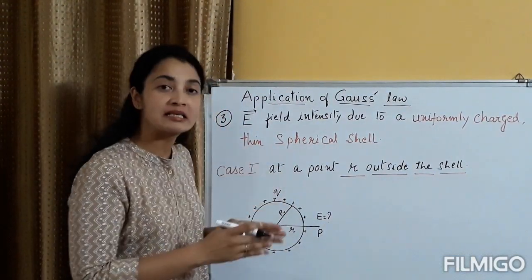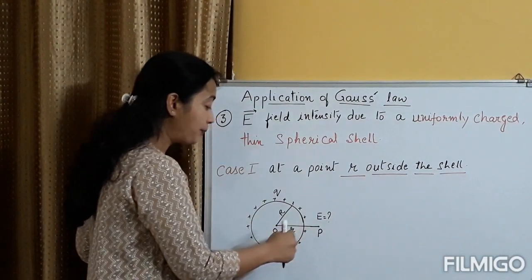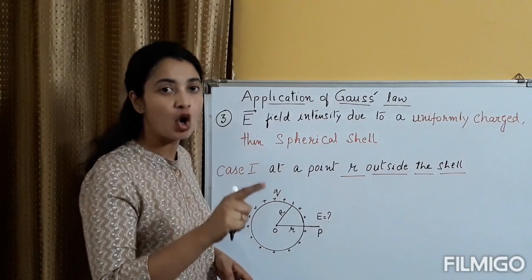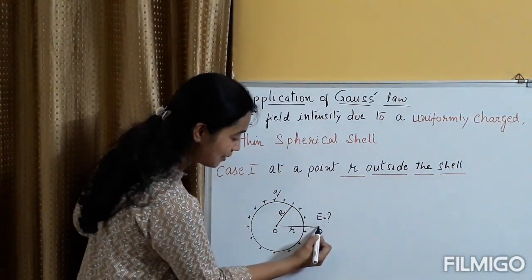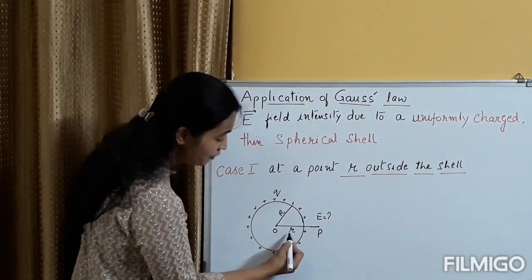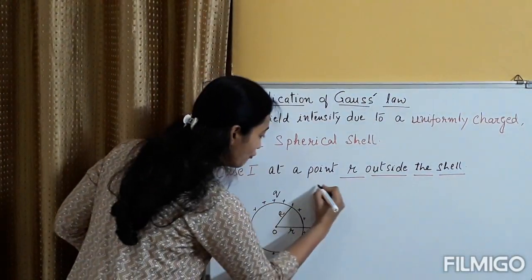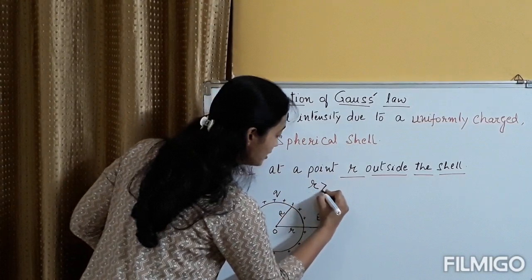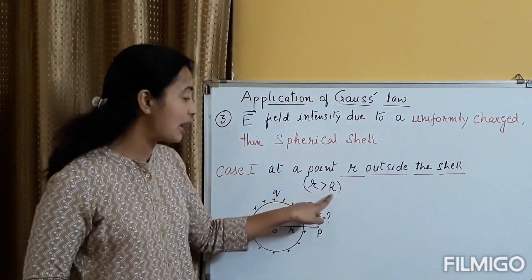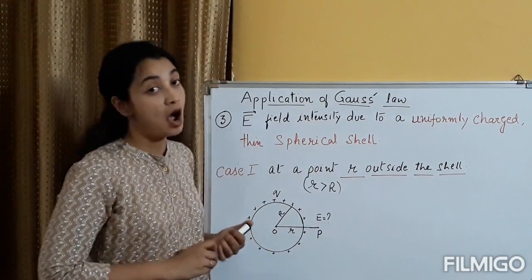In all the previous episodes also, we have been doing the same thing. We are taking an observation point P at a distance r, and we are finding the electric field using Gauss theorem. So here also we are going to do the same thing. We will find electric field E at the observation point P, which is at a distance small r from the center of the shell. And keep in mind, for this situation, small r is greater than capital R. What is small r? Distance of the observation point, and capital R is the radius of the spherical shell itself. Question is how to proceed.